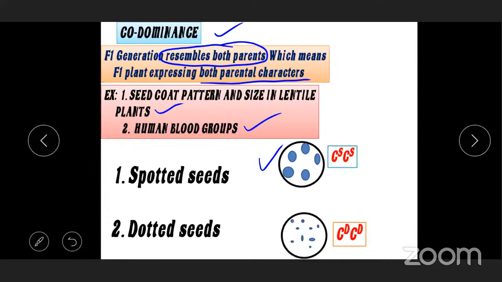Some seeds are showing dots on the surface of seeds. Some are showing spots on the surface of seeds. Spotted seeds, dotted seeds. The spotted seeds are indicated with CSCS, and the dotted seeds are indicated with CDCD. Okay, so now,